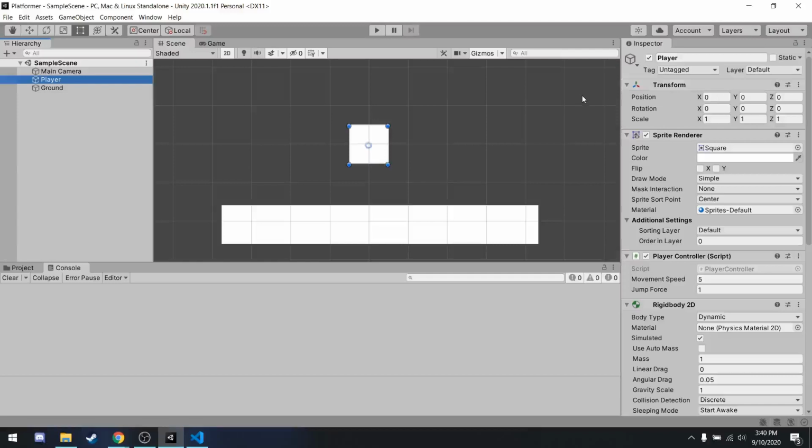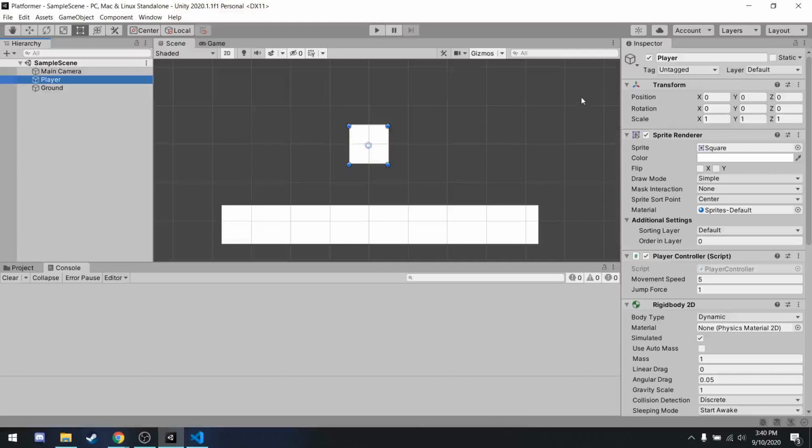Now this is important to differentiate because this is a 2D game. There's also something known as sorting layer, and that's the order in which things get rendered on screen. So if you want one object to appear on top of another, that's sorting layers. Layers, however, are unrelated to sorting layers, and it's just the way Unity keeps track of how things interact, but it doesn't actually dictate how things are rendered. But we're actually going to need to create a ground layer, and then the player can check to see if